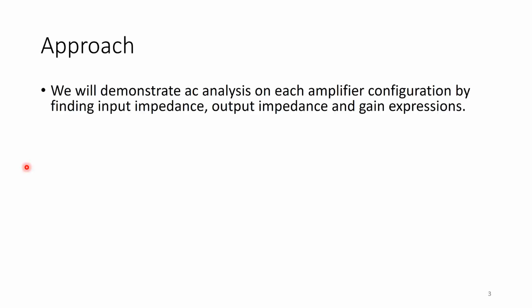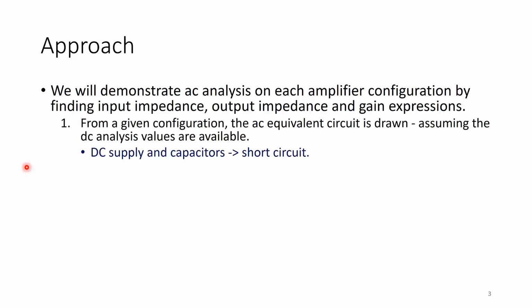Okay, so the approach that we will be using is that we will demonstrate AC analysis on each amplifier configuration that I listed in the previous slide, by first finding the input impedance, output impedance and gain expressions. So for all these configurations, from a given configuration, the AC equivalent circuit is drawn, assuming that DC analysis values are available. We already know how to do DC analysis from the previous video, so now we are going to do AC